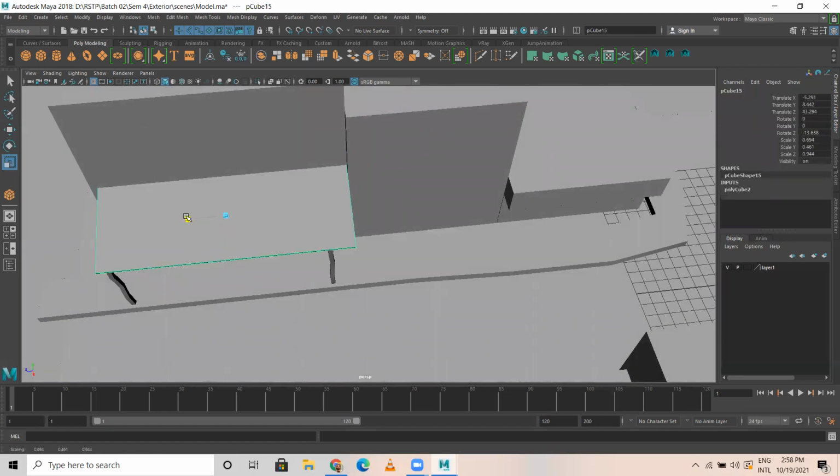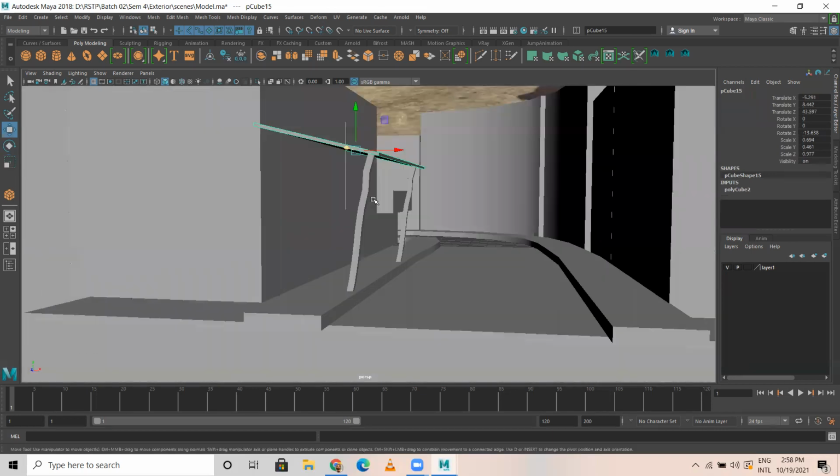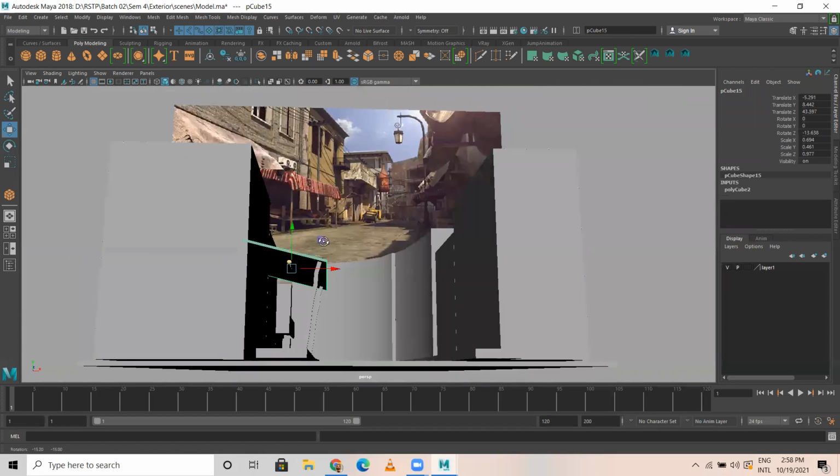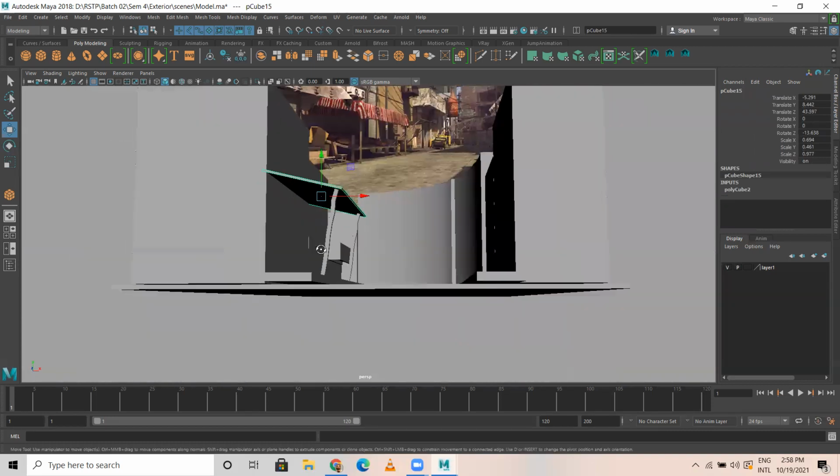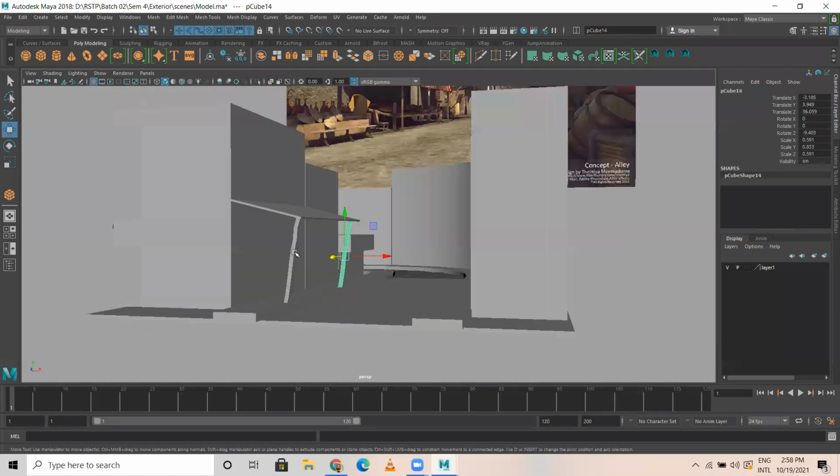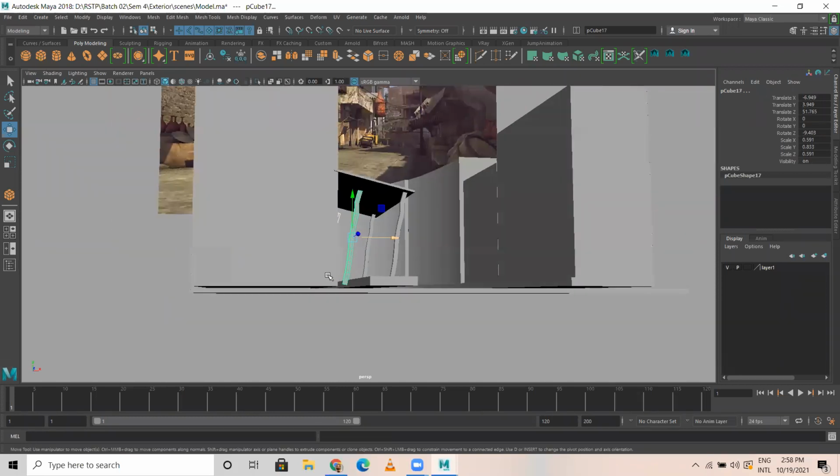Later the texturing part and all we'll see later. You have to observe how this is, and you have to create it. I'm going to select these two, place this here, and rotate this like this.